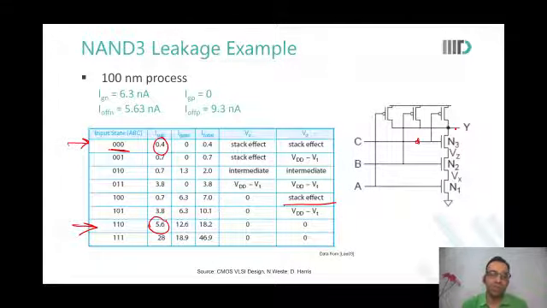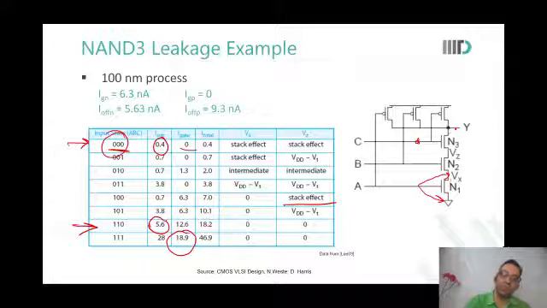And do you see why gate leakage is changing so significantly? When is gate leakage happening? All inputs are high, sir. So gate leakage is happening in all those situations where the gate input is high and these inputs are 0. So when all these are 1, A, B, C, all are 1, then it is 0 at all the places. So there is highest gate leakage. When all inputs are 0, there is no gate leakage.